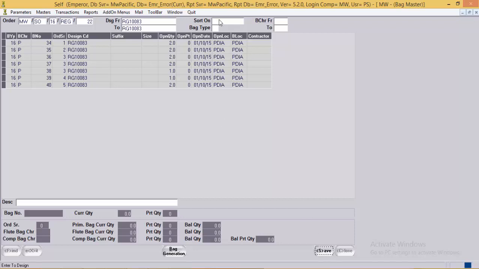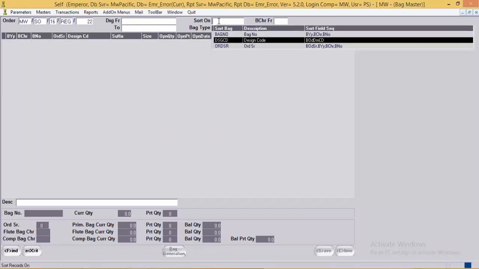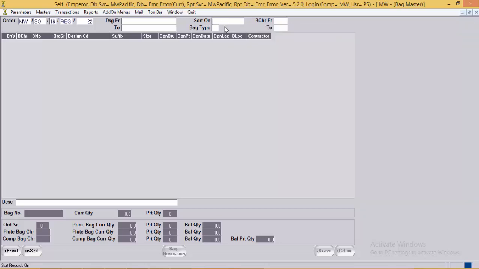Next is the sort on options. The user has been provided with various sort options like bag number, design code and order serial number. Then the bag type. Here in the bag type, the user can mention whether he wants to see the component bags, flute bags or primary bags.